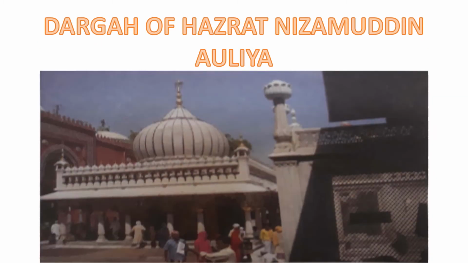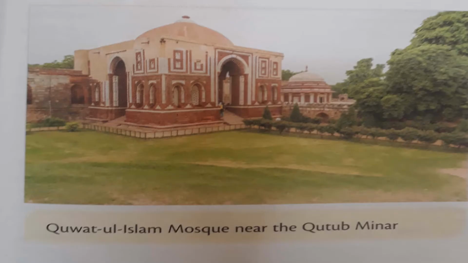Muhammad bin Tughlaq and Ghiyasuddin Tughlaq built the huge palace fortress called Tughlaqabad. The tomb of Ghiyasuddin Tughlaq marked a new trend in architecture. It was built on a higher platform. Its beauty was heightened by a marble dome. This is the Dargah of Hazrat Nizamuddin Aulia. During the reign of the Sayyid and Lodi kings, tomb architecture evolved further and they have an octagonal shape.